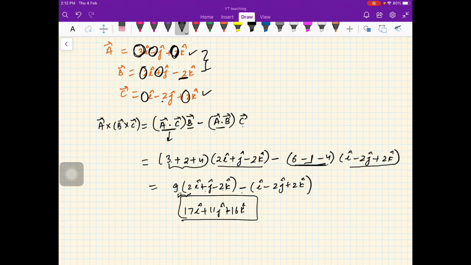From the next video onwards, we will be starting with vector differentiation, right, and slowly we are moving towards the main part of the course, which is gradient, divergence, curl, and then the integrals.